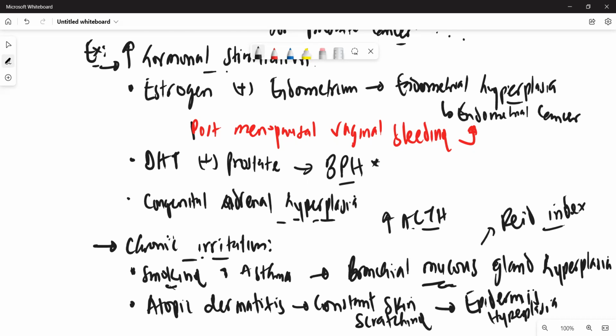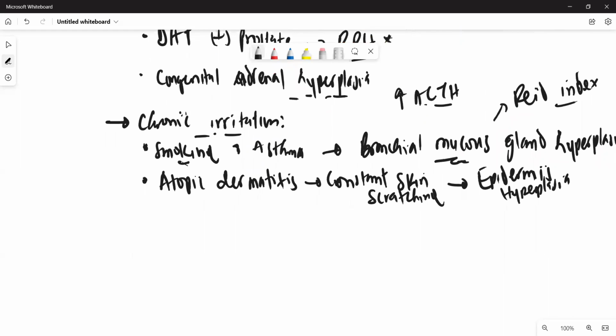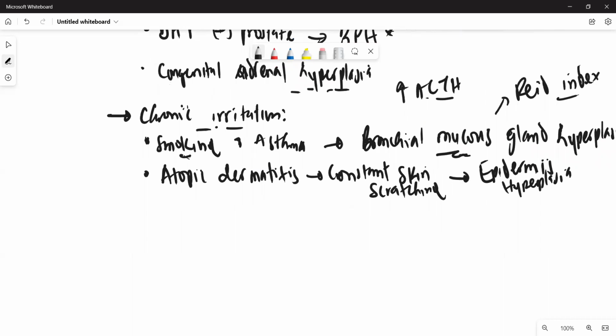So that's also another example of chronic irritation. And the last example of chronic irritation that we can add to that is somebody that is drinking a lot of alcohol, excessive drinking. So this can damage the liver, cause irritation in the liver,